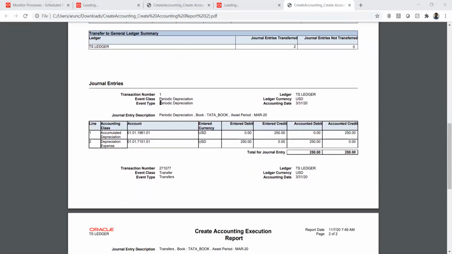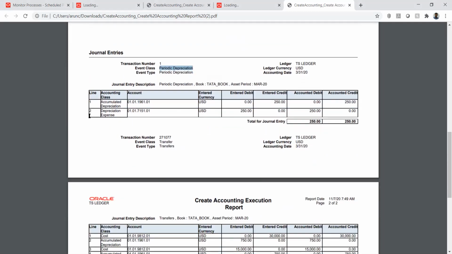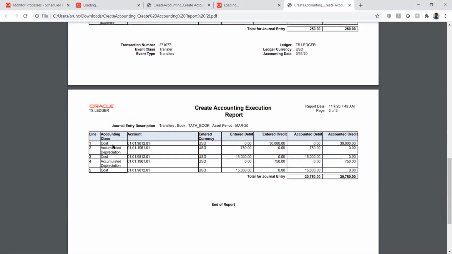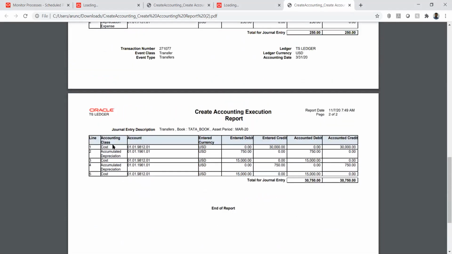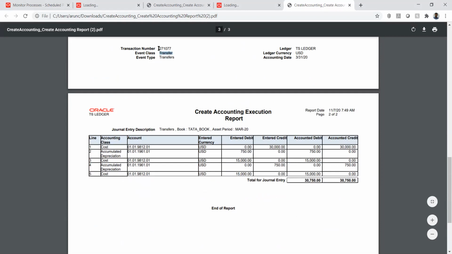Here we can see that the C1 class is periodic depreciation, and let's leave this since we have already seen it. So this is for the transfer. This is the transaction number that we have used. If you see here, we can see that